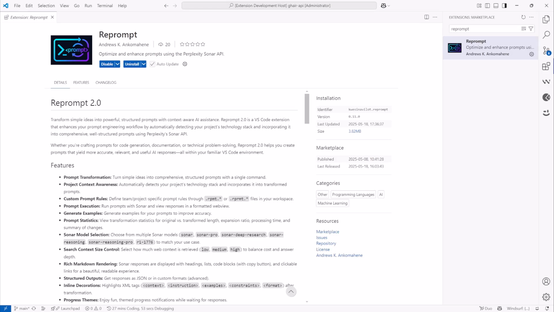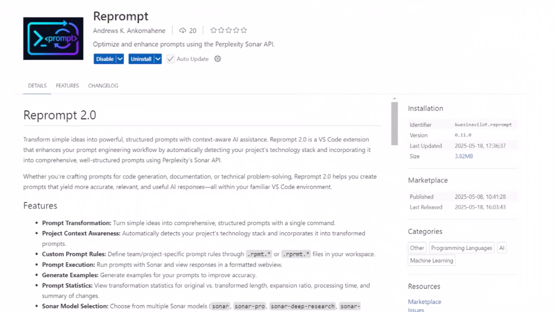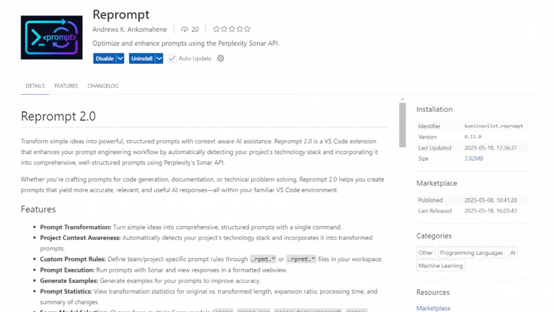Everyone, and welcome to my demo of Reprompt, the VS Code extension I built for the Perplexity hackathon. Now, Reprompt is a VS Code extension that assists in prompt engineering, and it turns vague, simple prompts into well-structured, context-aware system prompts that the target LLM can use to perform and get the results that the developer is looking